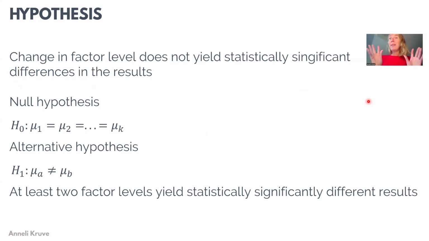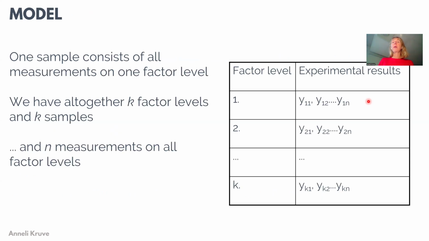So when we have verified that all of those assumptions actually hold for our case, then we can write down the hypothesis. And this is similar to what we had in case of the t-test, that we go in assuming that there are no effects. So we assume that on all of the factor levels, the effects don't exist, so the individual means are equal. So we assume that the mean extraction recovery at pH 3, pH 4, pH 5, and pH 6 is the same. This is our default assumption, so our null